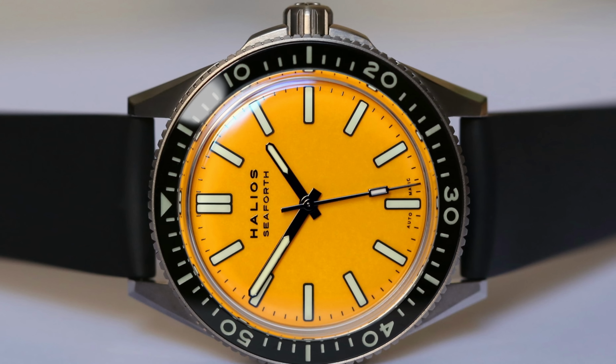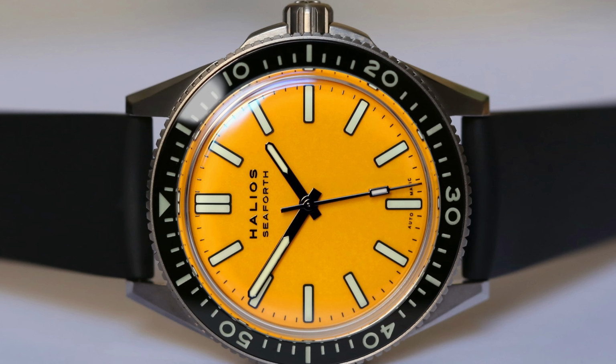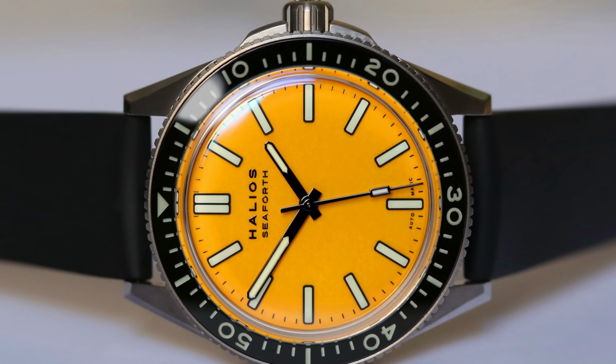With just 30 meters of water resistance, however, the Timex Marlin isn't so much a watch you can smash about in. For that, you'll be spending closer to $800, but it'll be worth it for a watch that makes that price seem like it should be wholesale. This is the Halios Seaforth, and rather confusingly, I see it's the 4th edition of the Seaforth to come forth